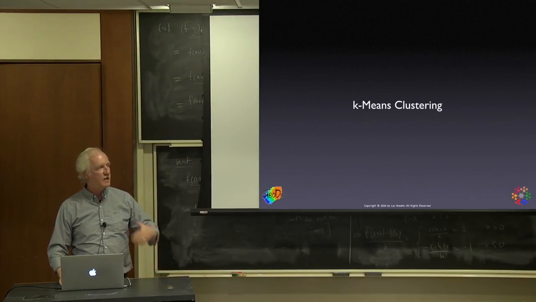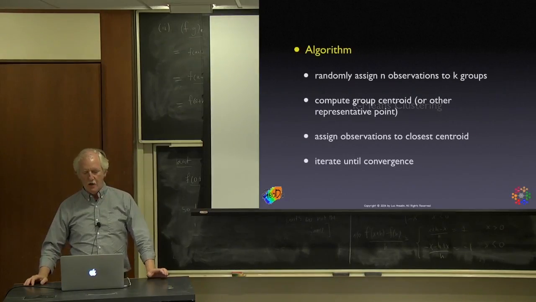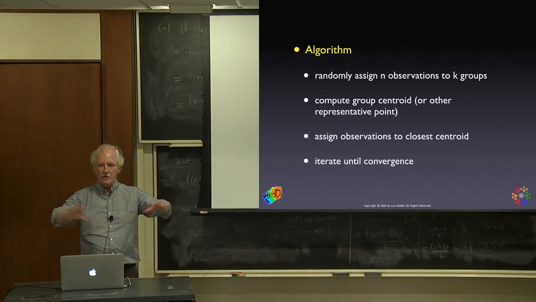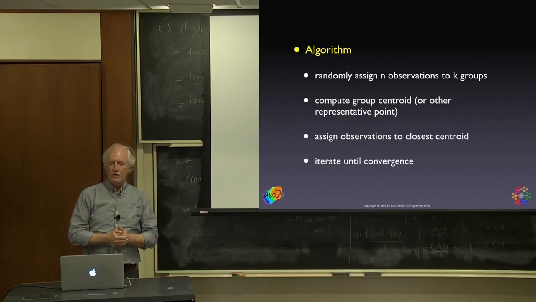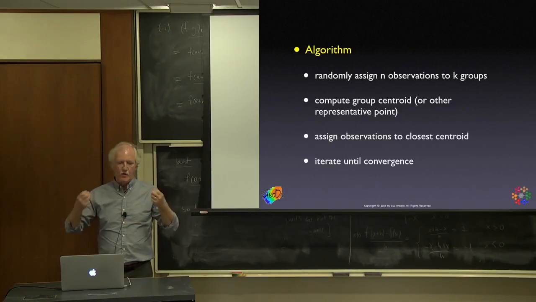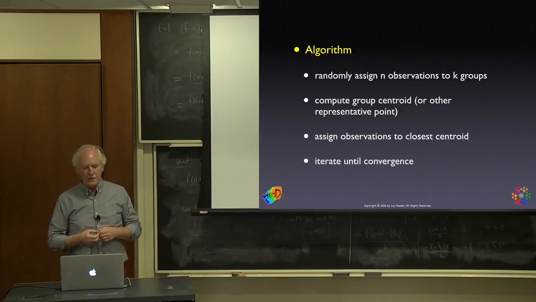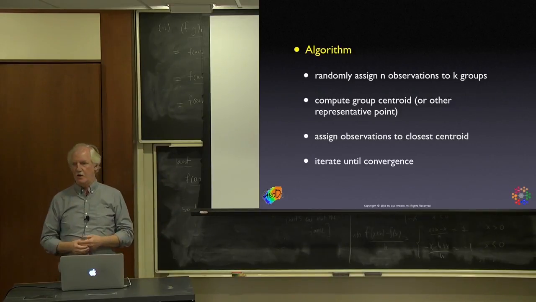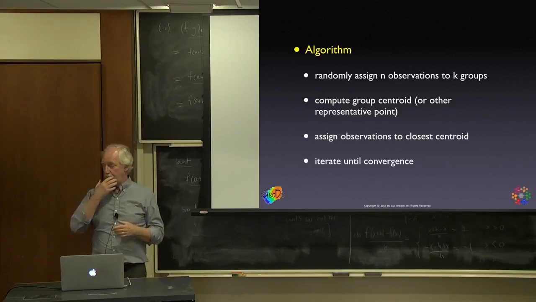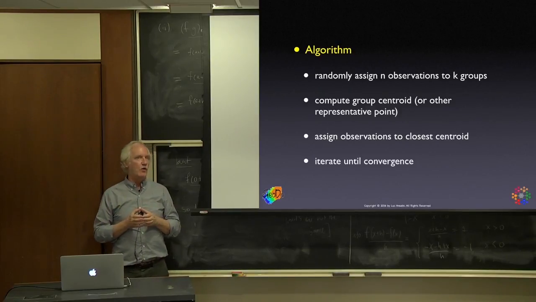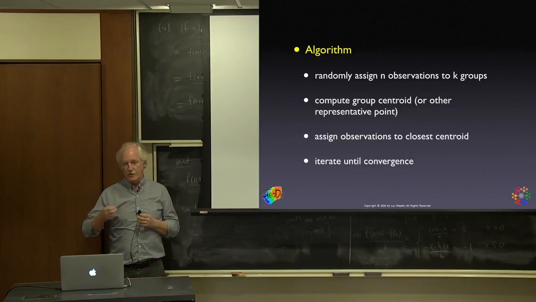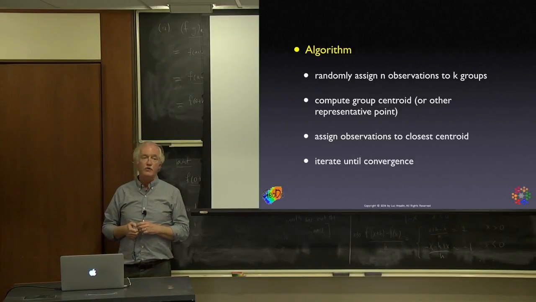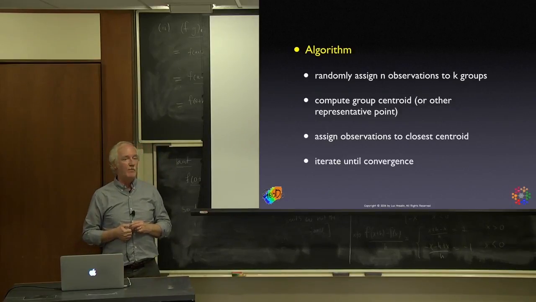K-means clustering is, as I said, the other way around. It is a partitioning method. You start with an initial solution. You compute some measure of central representative point, a centroid or something else. Then you reassign the points and keep doing this over until it converges. And this is the problem of potentially ending up with a local optimum because the first starting point is random. And as we'll see in the lab, this is where you set the seed,